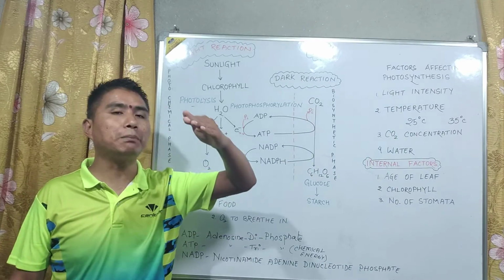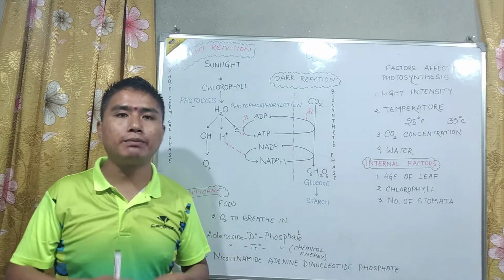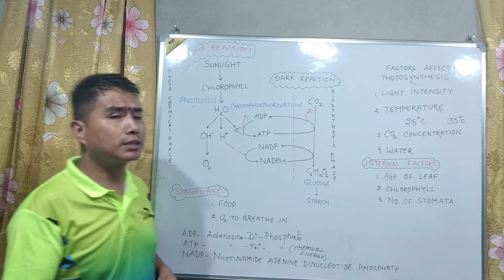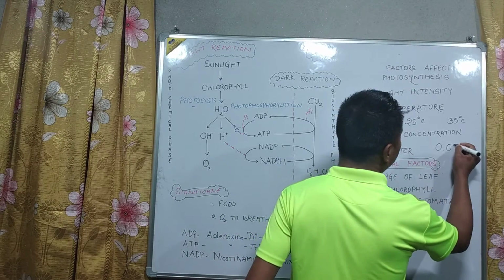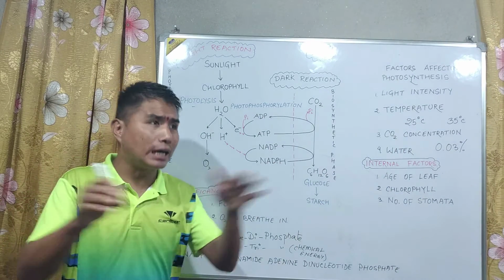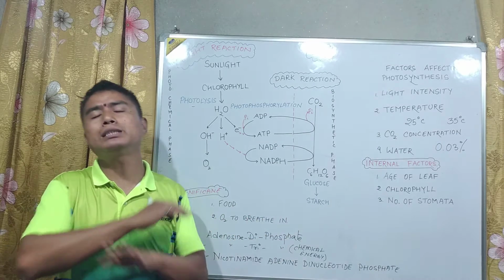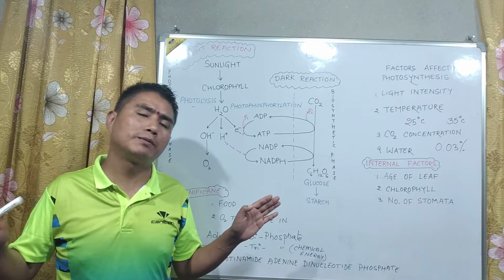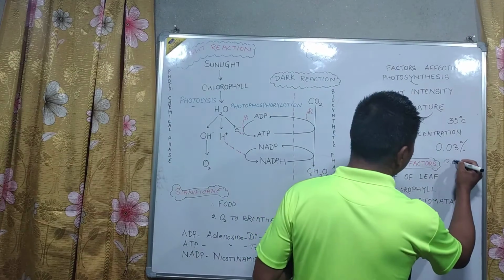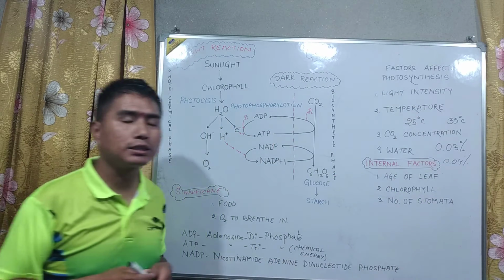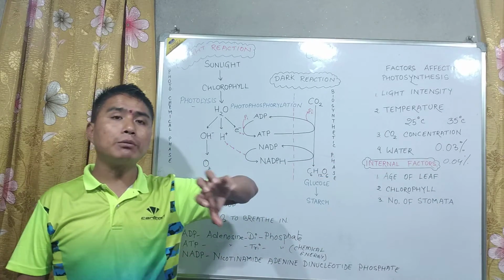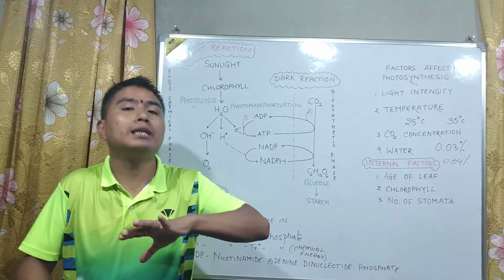And apart from temperature, carbon dioxide is also very important. Number 3 is carbon dioxide concentration. The amount of carbon dioxide that we have in the atmosphere right now is 0.03%, and this is enough for green plants to photosynthesize. If there is a slight increase from 0.03 to 0.04, which is a 100% increase in the concentration of carbon dioxide, then also carbon dioxide concentration will help, but there is a saturation point.